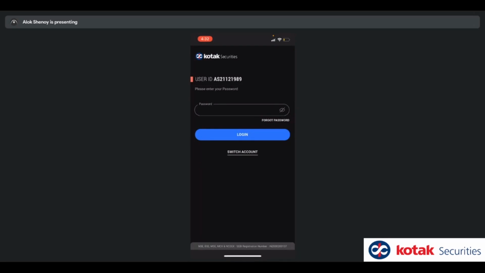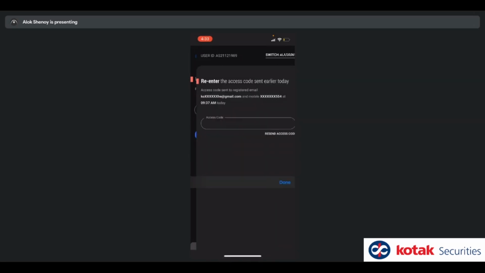Now, as you can see, I'm getting a prompt from my keyboard, so I don't need to type my password. If you're using an Android phone, this functionality is available too. We have tested it across several devices. If you don't get this, you can just type in your password here. This is just typing in my password.